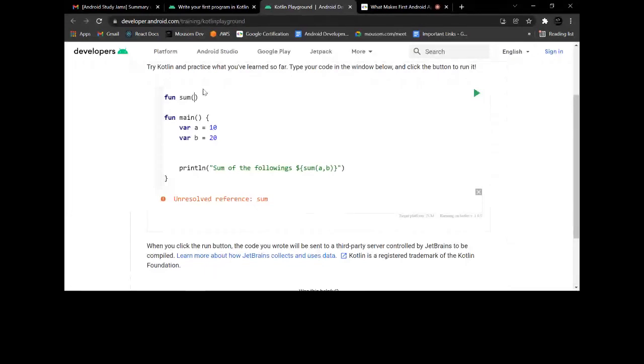And here in the main function you can see there is nothing. In the sum we have to do the sum for the two numbers, and there are two variables, so I will pass those variables into the function.